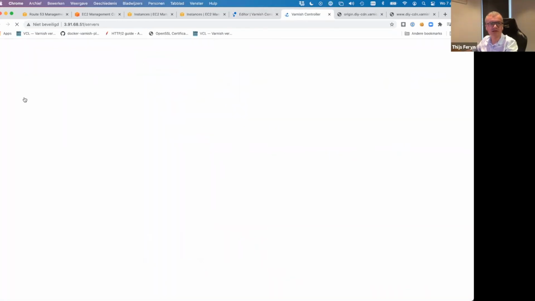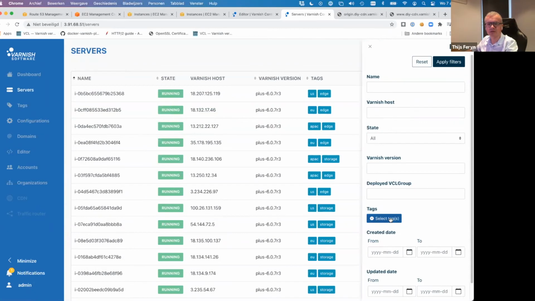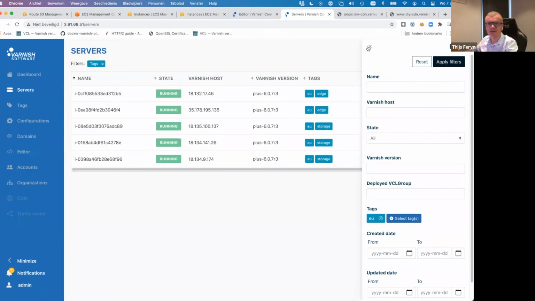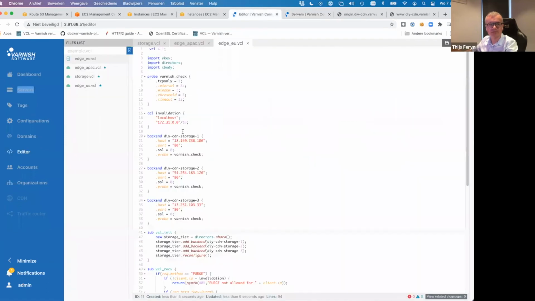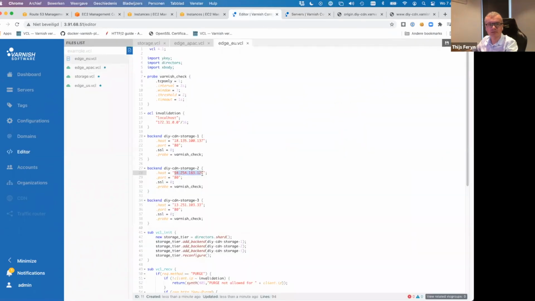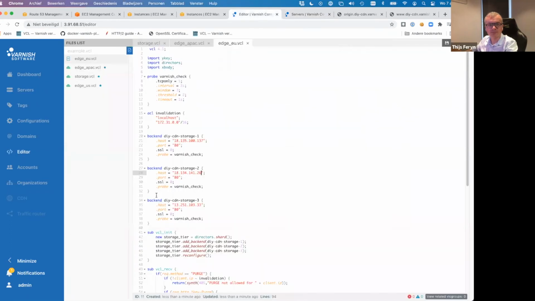So I'm going to the controller here, and I'm going to take it back to servers, and I'm going to pick the EU storage server. So I'm picking EU, applying the filter, and then we need these three IP addresses. 137, paste it here. Then we have the secondary one that ends with 26. And then we have the third one, which is 174. We're going to paste that in here,